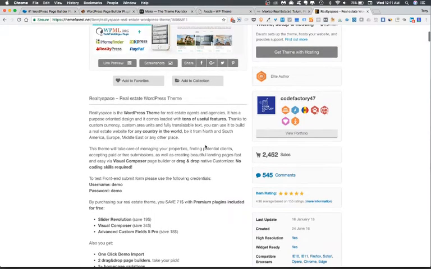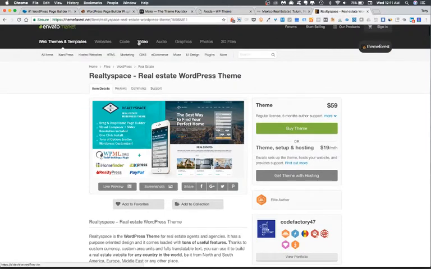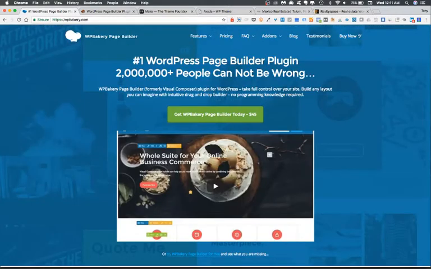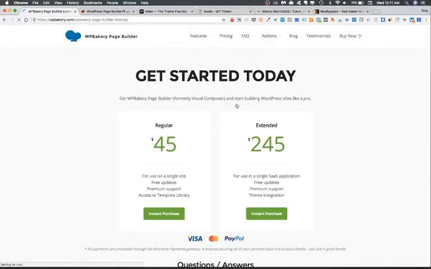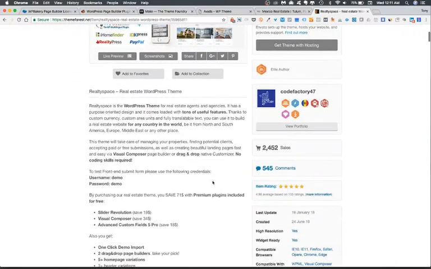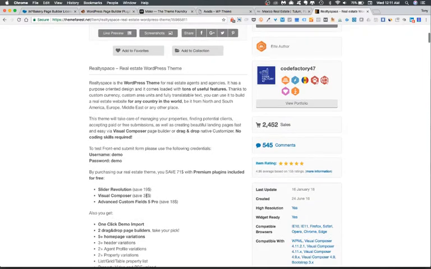It ended up expiring, and you actually had to go back and purchase the page builder again. Well, not again, I should say, but you should purchase it. So now the price is $45 for one site, or $245 if you are working, let's say, for use in a single software as a service application, but $45 basically on a single site. So even though Realty Space is saying that they're saving you $34 on Visual Composer, WP Bakery has increased the